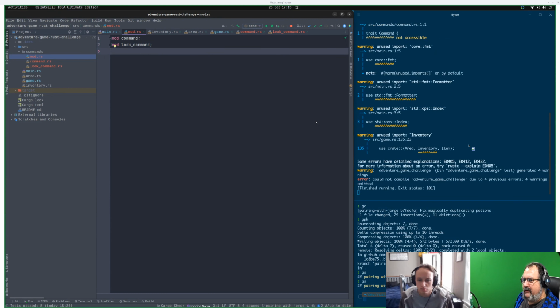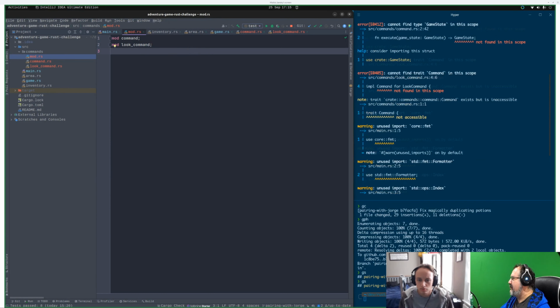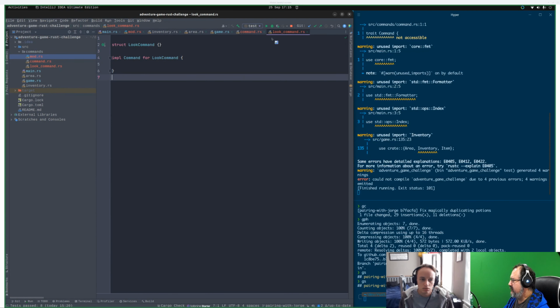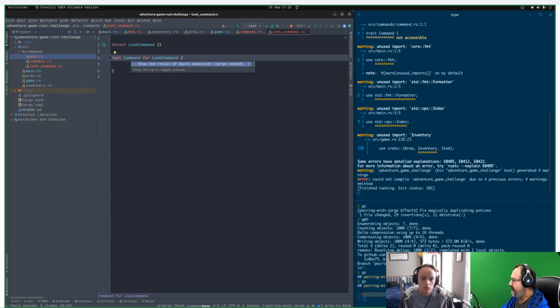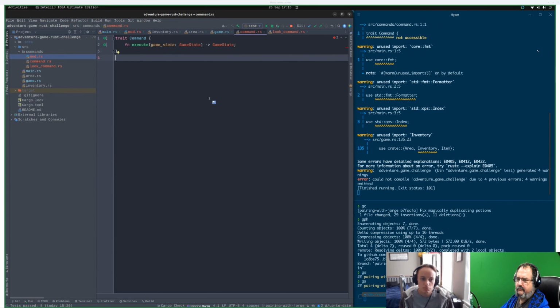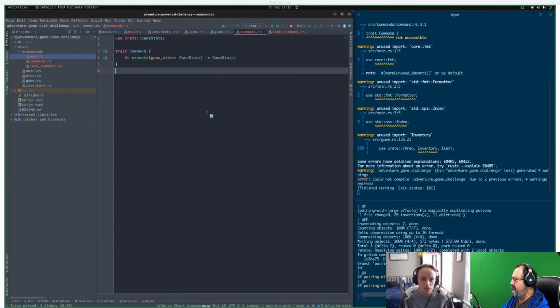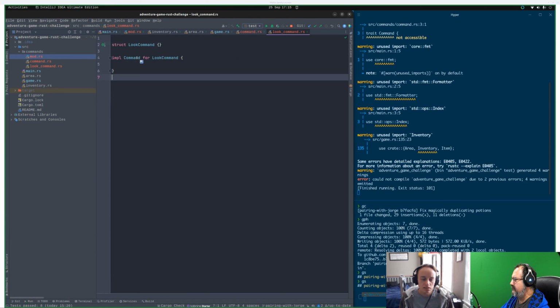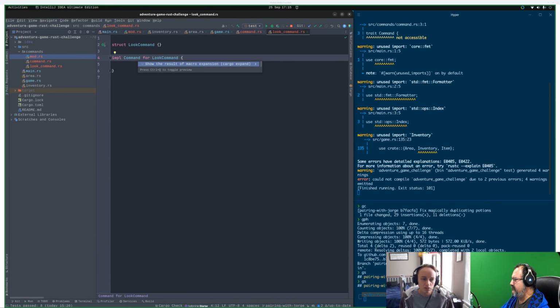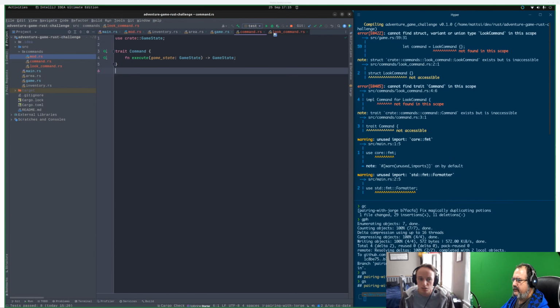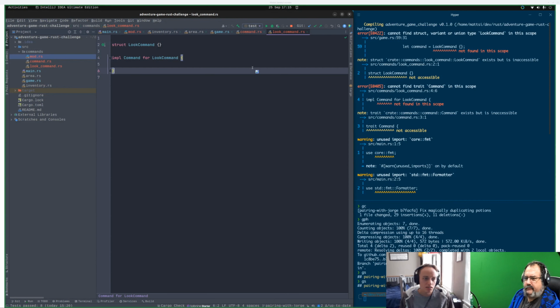Let me double check very quickly. Now we're getting errors from command and look command, which is good. So it's acknowledging it's actually compiling these files. We're still not getting a helpful import suggestion for this one though. Oh wait, no, that's all compiling fine now. It must be because it's in the same module. It doesn't need to import it, I guess.